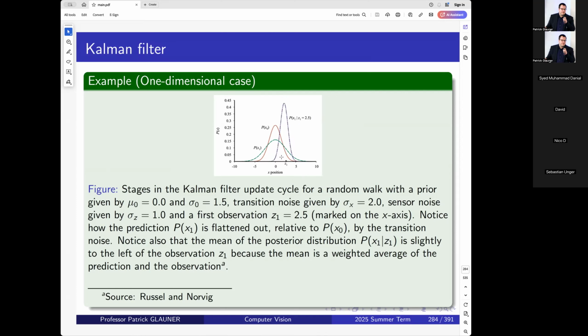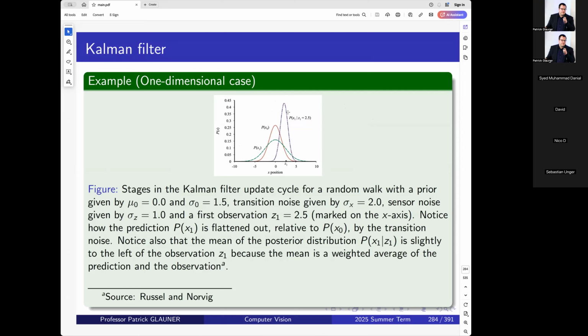The mean is not necessarily 2.5, because you've seen with the equations before how we can calculate the mean and the variance, but we plugged in our evidence, which is noisy, and we get a much better estimate now of our distribution of x1 given the measurement. So you see, we are starting with an initial state. We are then transitioning into the next state. We are losing certainty. And when we plug in evidence, we become more certain. And this is now one